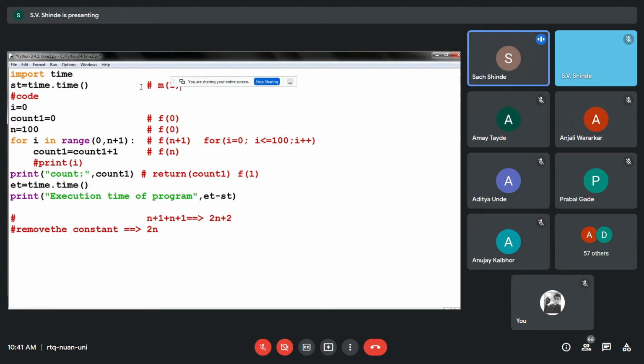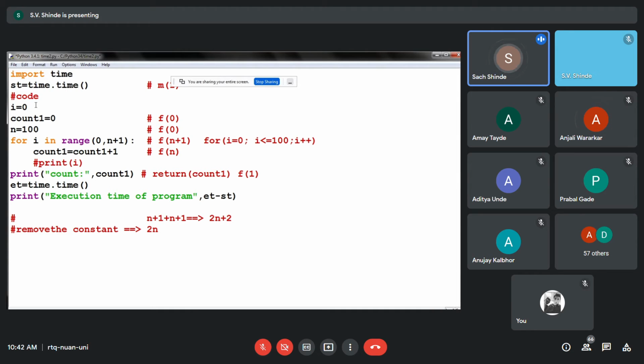For calculation purposes, it is better that I have declared only one variable, ST, and its memory requirement M is 1. Now this code is eliminated; it is not counted in the memory, but it is counted in the program memory. So the program doesn't require this as space in execution.